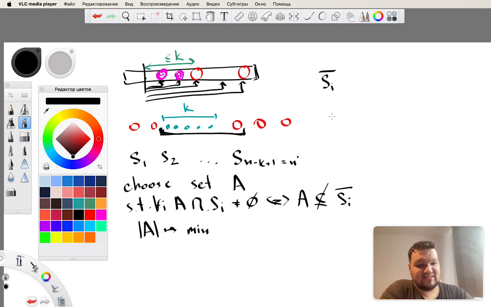Okay, let's say that the complement of Si is a bad set, and just mark it as bad. And it's clear that if some set is bad, then all its subsets are also bad. So now we have marked all of those as bad. Now we need to mark all smaller sets, all of their subsets, as bad. That can be done by